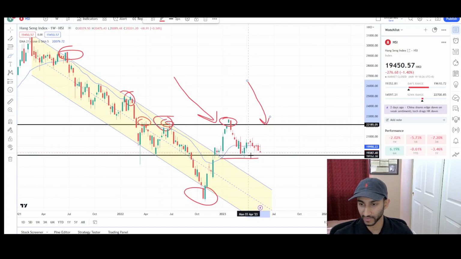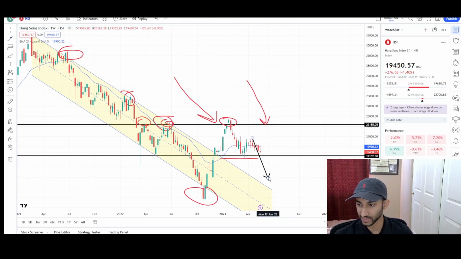Prices got rejected from it, got sent down lower. And now since we got down lower, we can make 2 legs down, 2 attempts at this prior low point. So that's usually the technical rule. After a channel break, you can expect 2 attempts down. So this was the first attempt, and we are currently in the formation of the second attempt down, which is